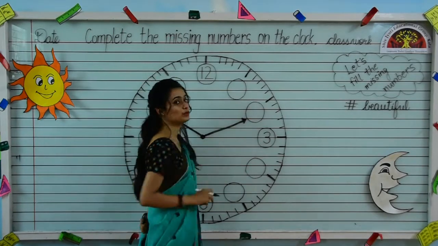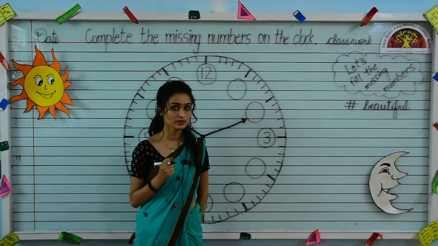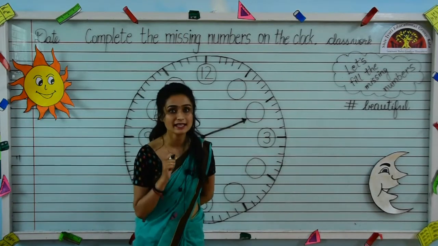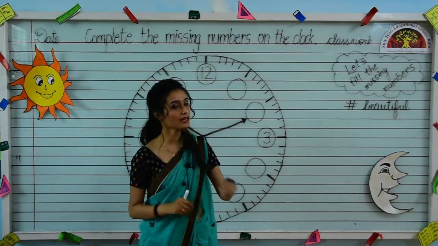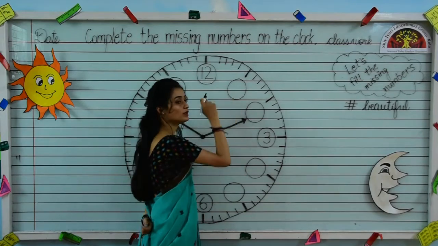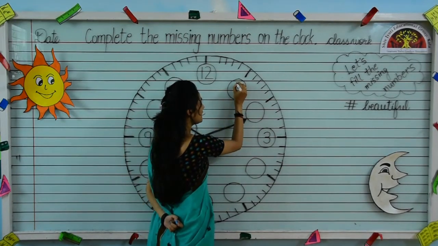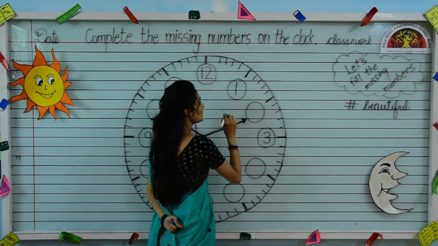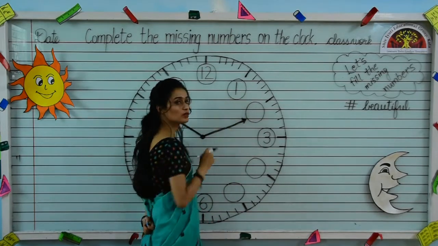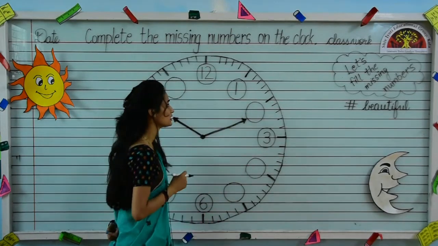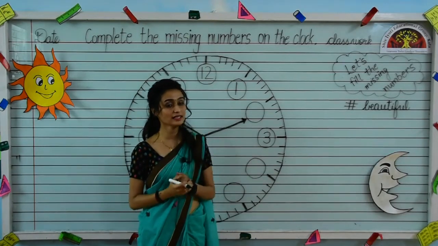Here I have told you with the help of the tool, which number was the first number? Yes, the first number was 1. So we will write 1 over here in the first circle. We'll make a standing line. Write very beautifully. Your numbers should not go out of the circles. Very good kids.